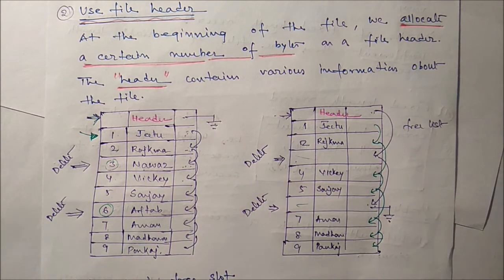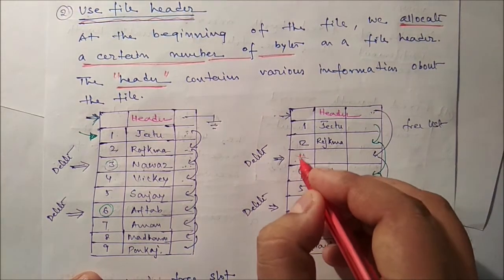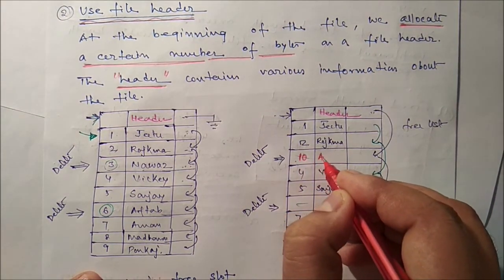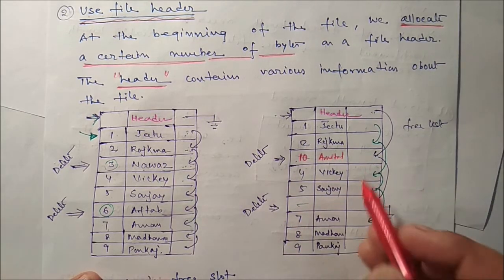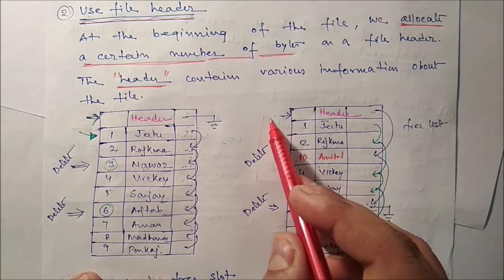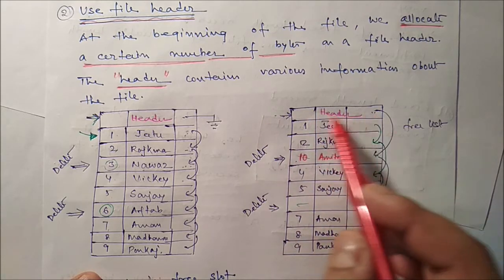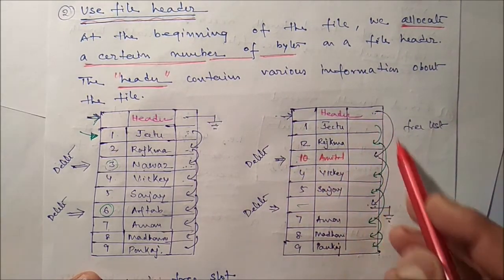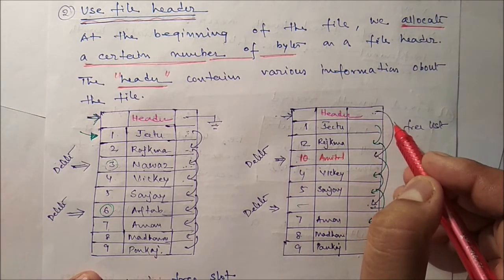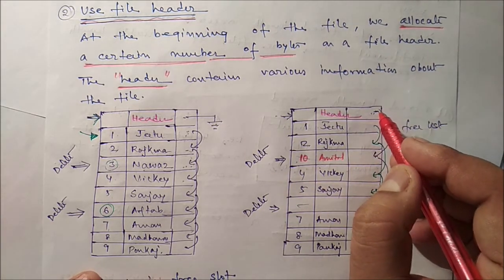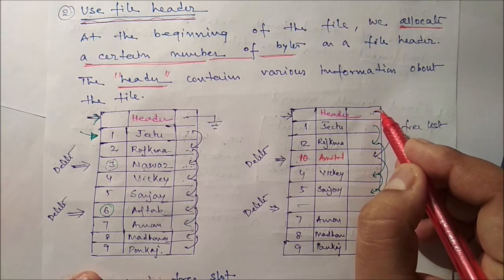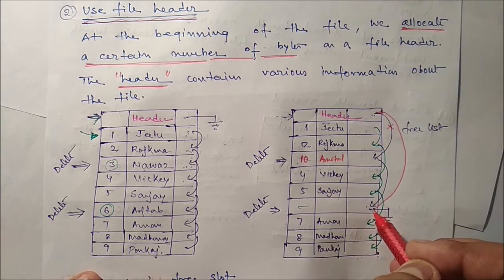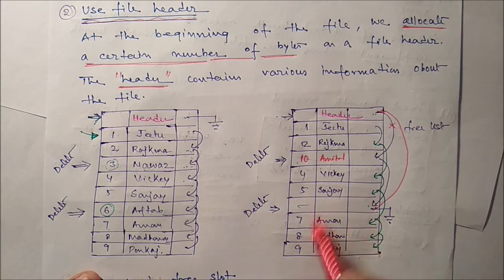Now, suppose any data we want to insert. Suppose roll number 10, Amitav. So how can you insert this particular information? You have to identify, we have to track using this one. So here, the first empty record, this one. Here you can store, and we have to update this particular one. So we have to remove this particular link, and we have to identify the next free slot. So the next free slot is what? This is nothing but our next free slot. Are you getting this one?